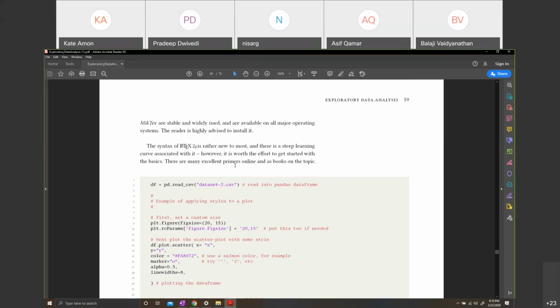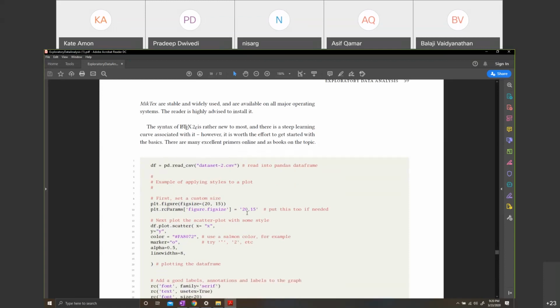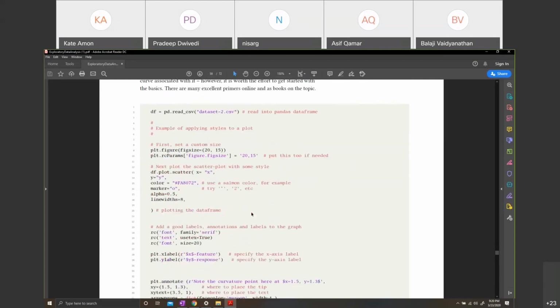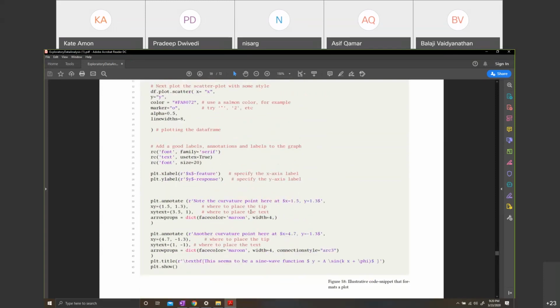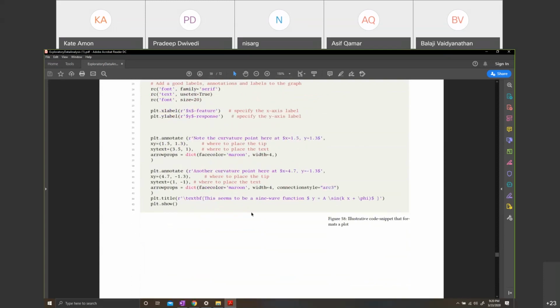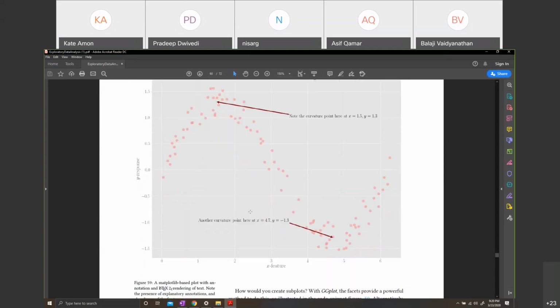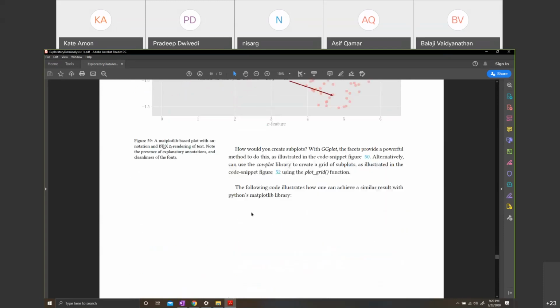There is a legend, an understanding that things will keep getting fixed, but when Donald Knuth dies, whatever version is there will be declared the final version, and all remaining bugs that are discovered will be called features. It's sort of a joke in the community. It's a tradition, and I believe they are going to follow that tradition. But TeX is a grand language. Many of you don't know it, but if you do want to get introduced, do so slowly. There are lots of tutorials on it. You can do that.